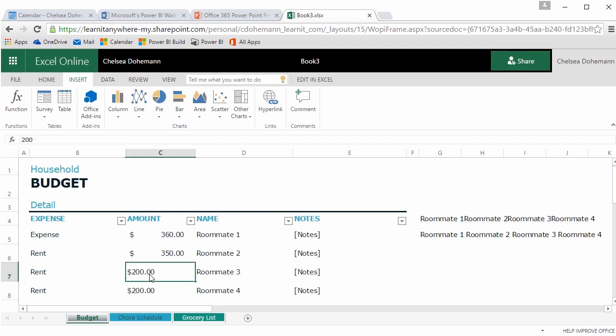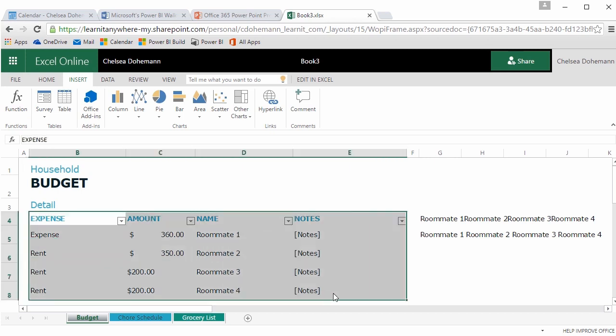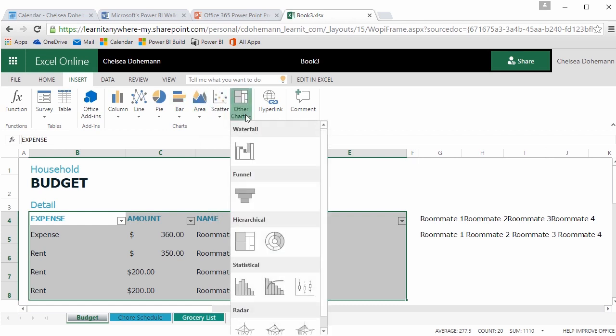So you'll see it organized in a list like this, which makes it very easy to analyze. You can also easily insert charts by simply selecting your data and then choosing the chart type of your choice. Now we do have some standard charts here, including column, line, pie chart, bar charts, area charts, scatter charts, and then you have some new other chart types that were not previously available to us, including a hierarchical chart called